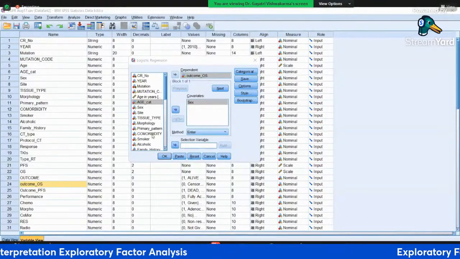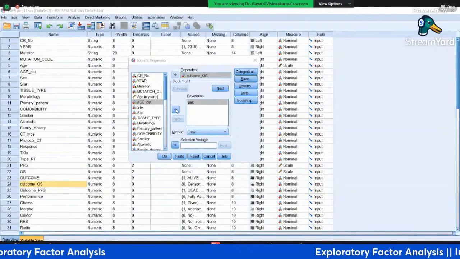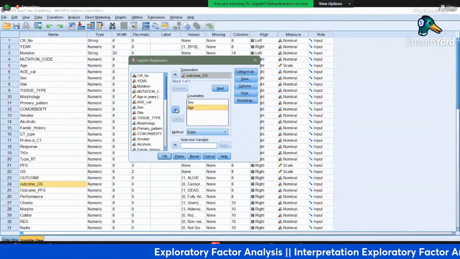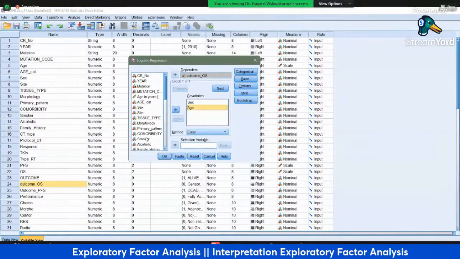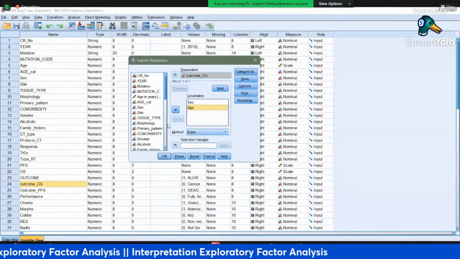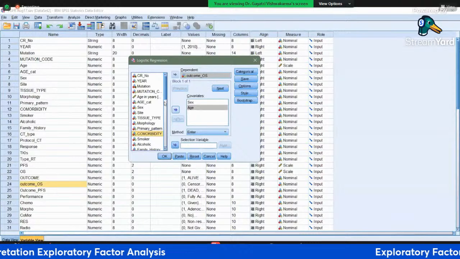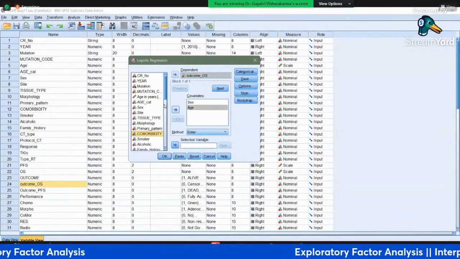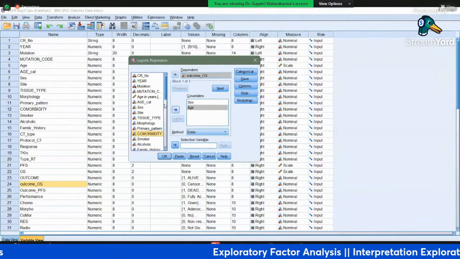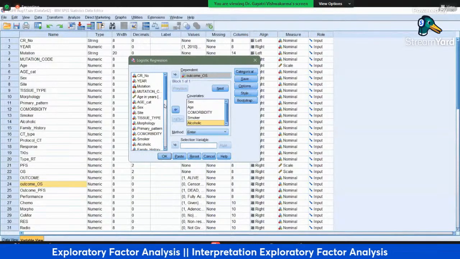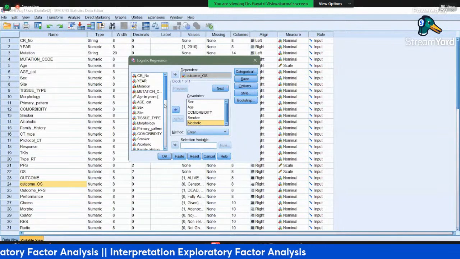Then we want to see whether it is also related to a person having diabetes or hypertension, how it is impacting the death of a lung cancer subject, whether the person was a smoker or not, alcoholic or not. It's not that you close your eyes and put all the variables in the model; then you will not end up with good results.